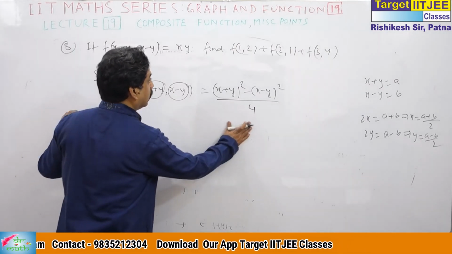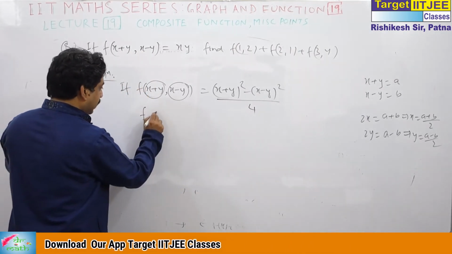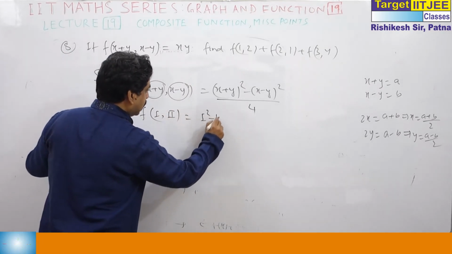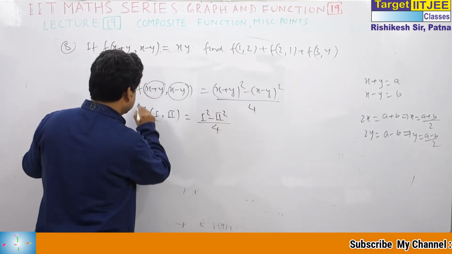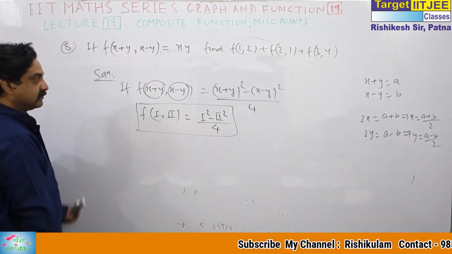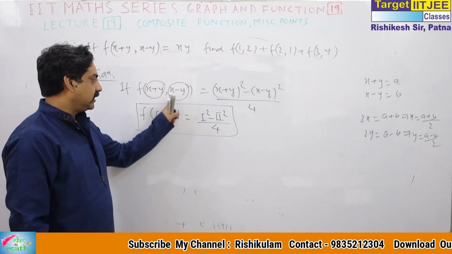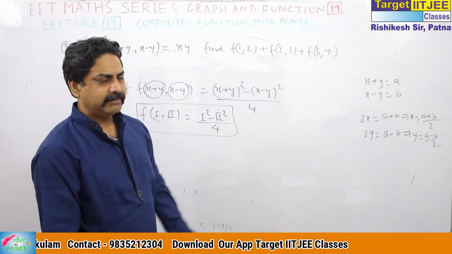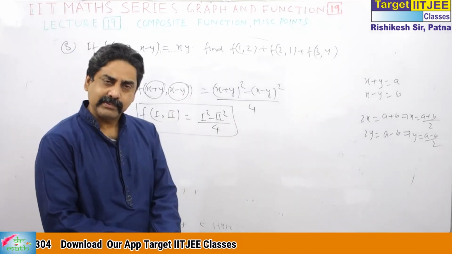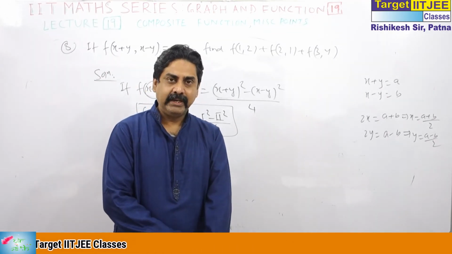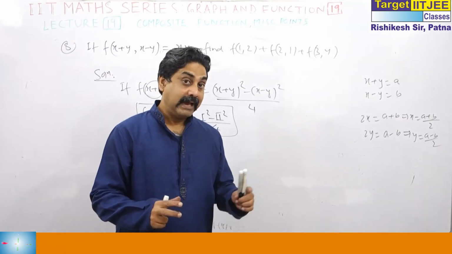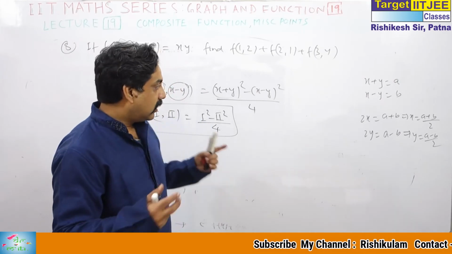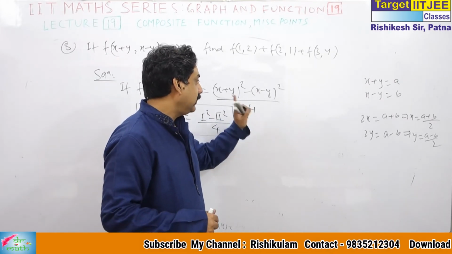Actually, what are we getting now? We are getting first, second. I am writing first, second like that. First square minus second square by 4. This is the relation. This is first, second. The first square minus second square by 4. That you have to get. You can also do it mathematically, but it will be done by this one. Now you are mature enough. That maturity comes after doing so many lectures. 18 lectures we have done. That maturity already comes in you, and you can do it by this.